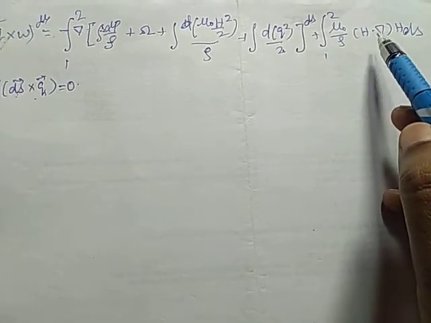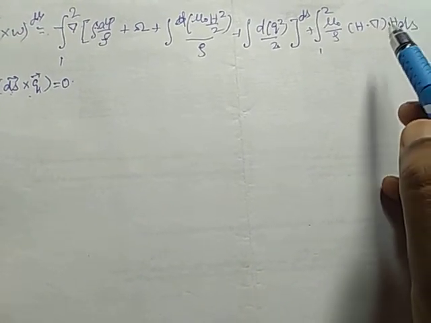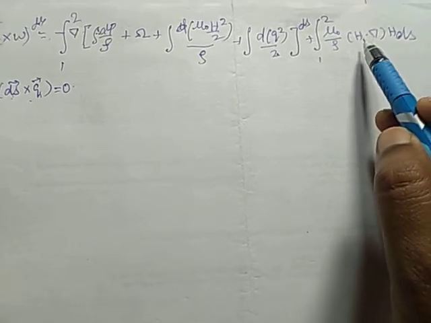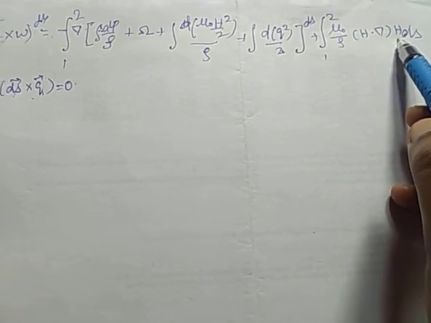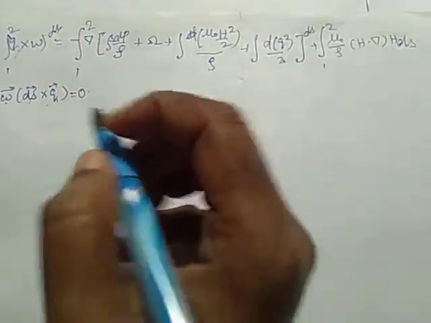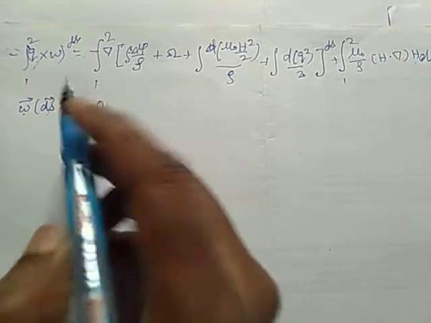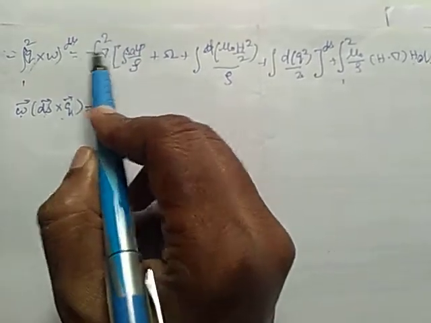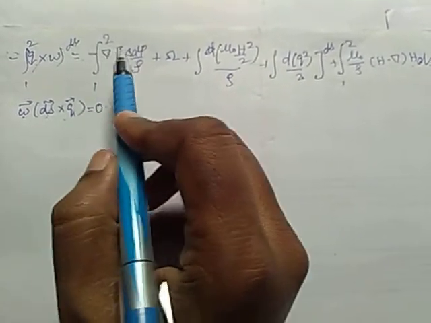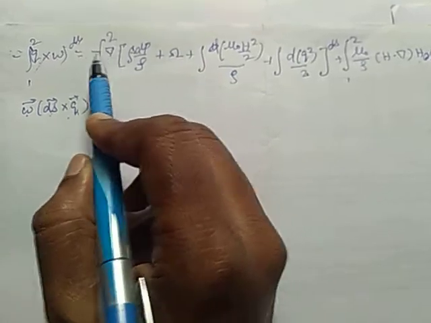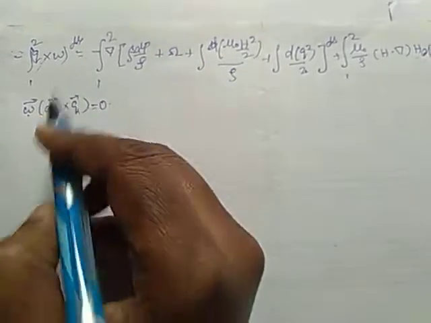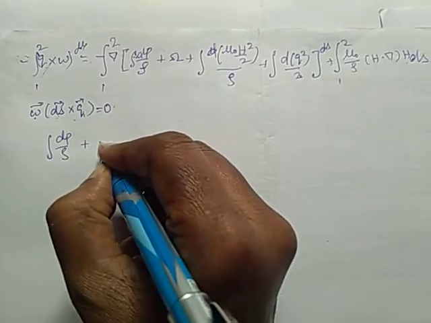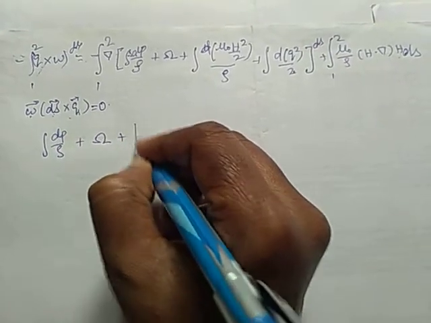Anyhow, we are considering MHD fluid flow. Therefore, h dot del h will not be 0. Suppose h dot del h is 0. What will happen? We will have del and integration opposite to each other. Therefore, we will be left with integral of dp by rho plus omega plus integral of